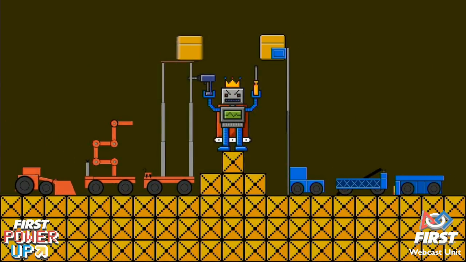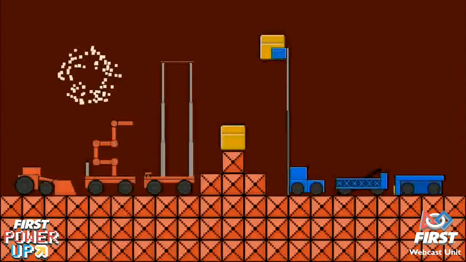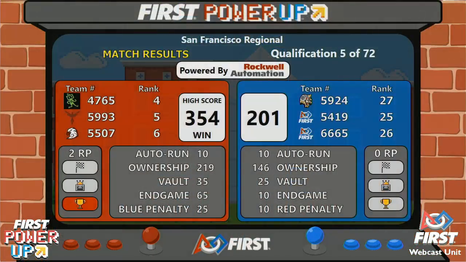And now coming to the screen, it's the Red Alliance. Red Alliance with a score of 354. Blue Alliance 201 with 2 robots worth of climb points for that Red Alliance. The Red Alliance earned